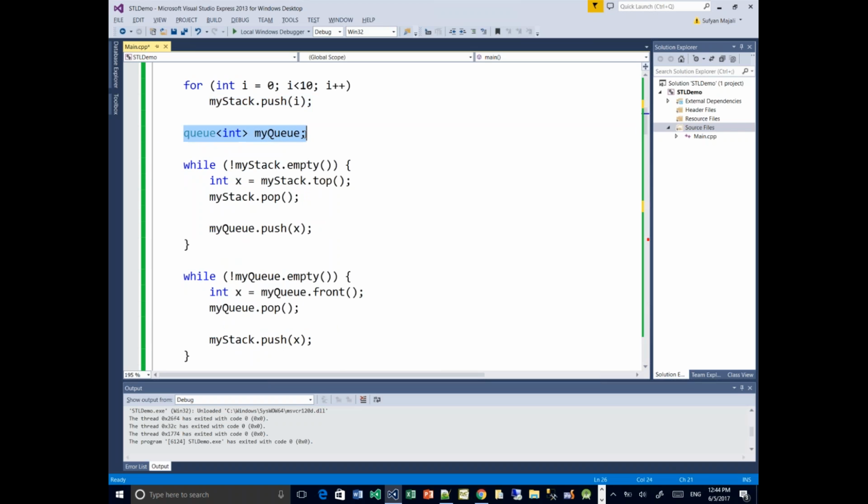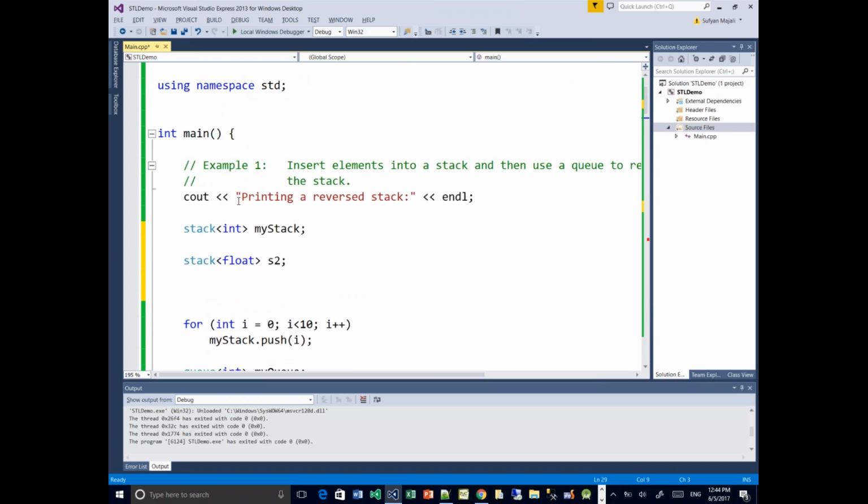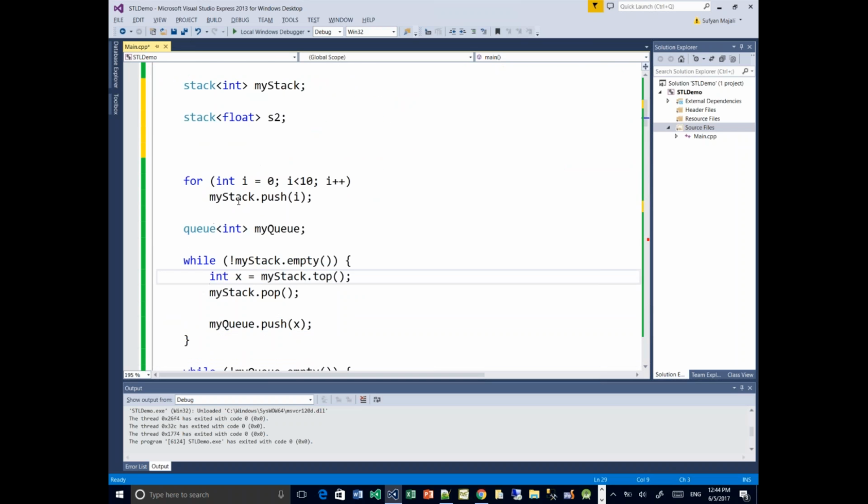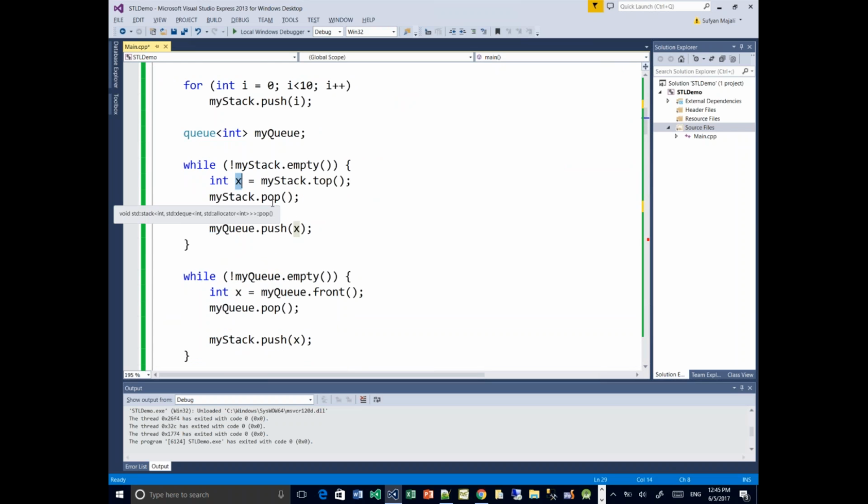Then I will define a queue. And notice that here we're looping through the stack values. I'm saying while not my stack is empty, as long as my stack has values, keep doing the following. Now, what am I doing here? I define integer x, and I will use this integer x to basically get the values of the stack. Now notice here is a slight difference from what we studied in class, from the one that we built from scratch. The thing is, to be able to get the values of the stack, I cannot just use